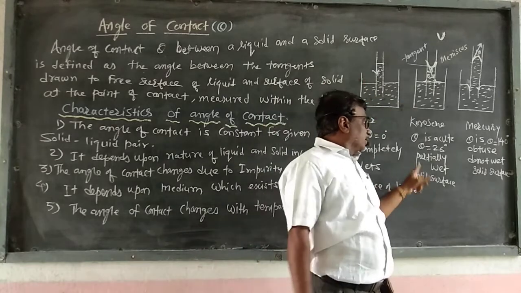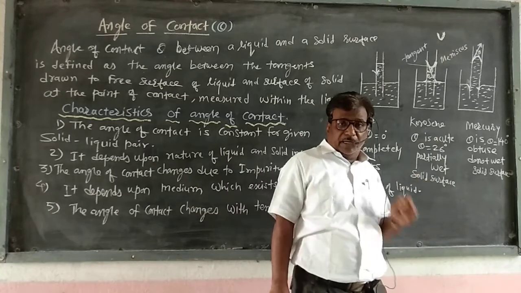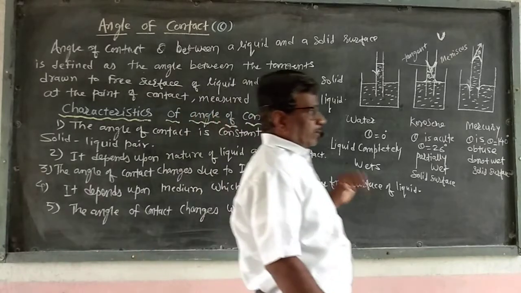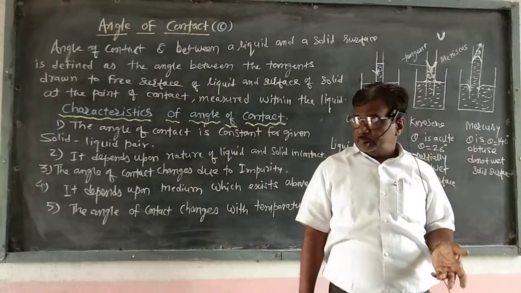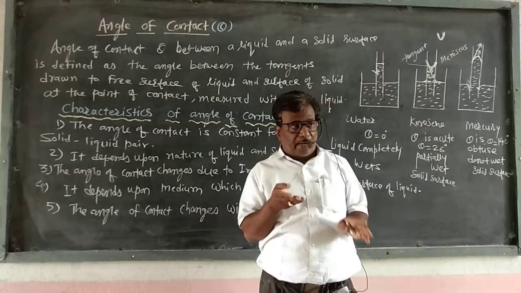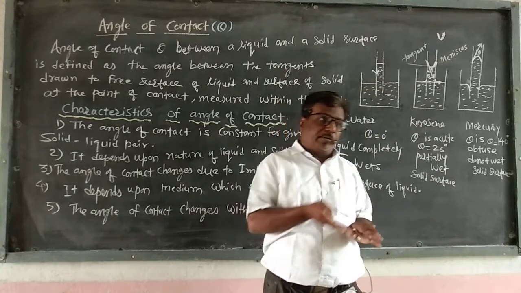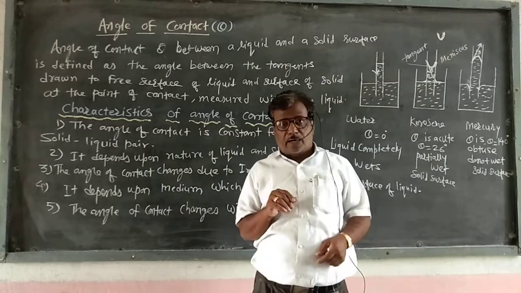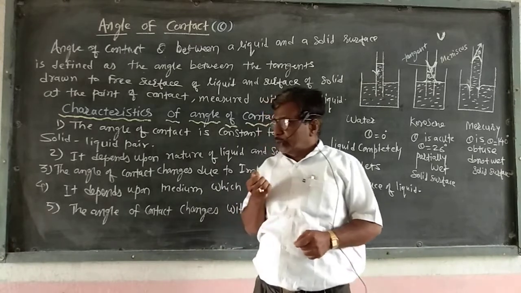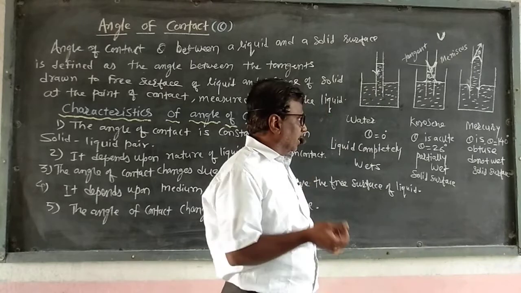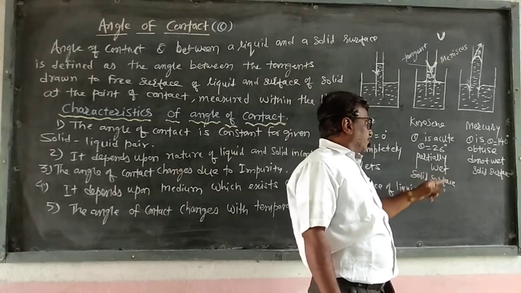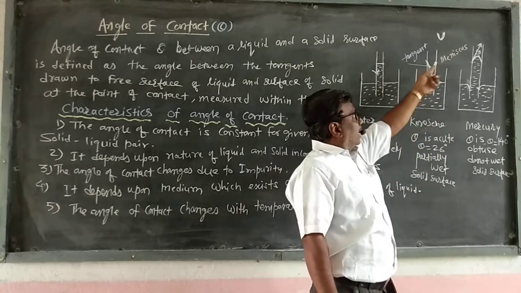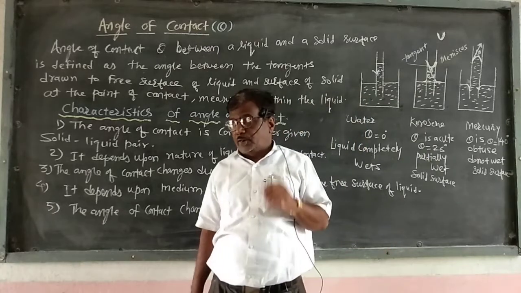Now a partially wet solid surface. What does partially wet mean? When we take kerosene in a beaker, then the kerosene is taken out, and when your hand or your fingers are kept in that beaker, there is a smell of kerosene, and some particles of kerosene stick to your hands or fingers. That means it is partially wet. Then in this position the angle of contact is acute, and the meniscus position is concave here.